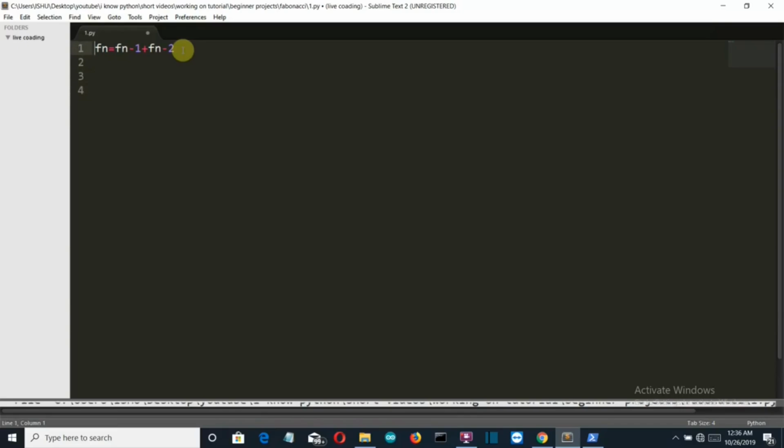So I will comment this out so that it's not executed in the program. First of all, we'll create the first two variables, because in the Fibonacci series the first two elements remain constant. Now we'll take the input from the user. Let's say x is equal to integer input, because we want the user to enter a valid integer number. Enter the number,